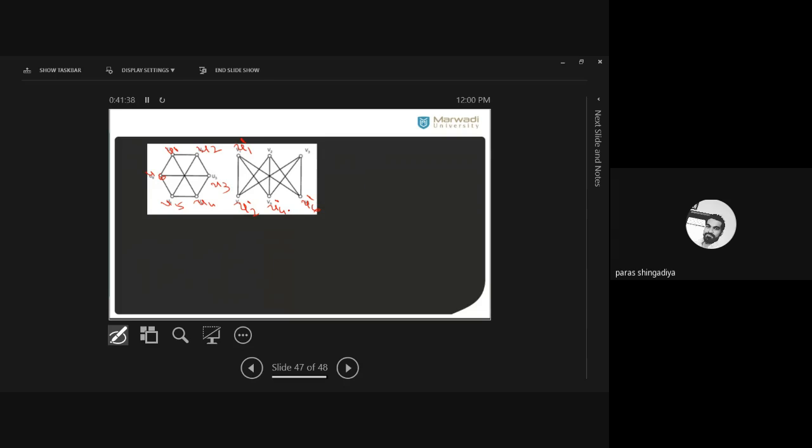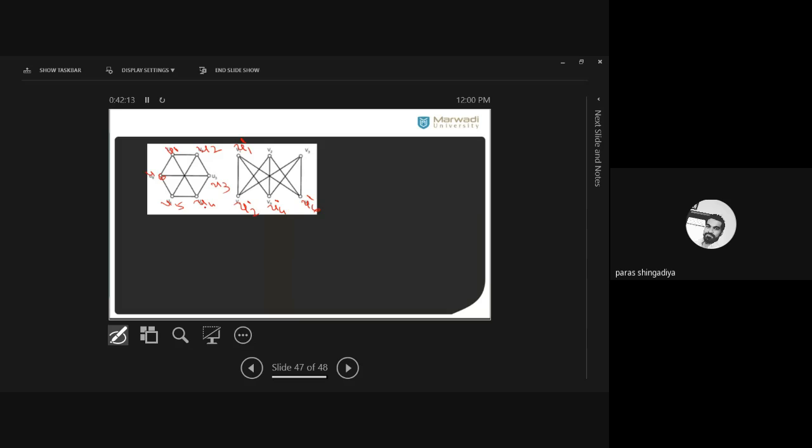We should have one edge from U1 to U3 and U1 to U5, and the same for all the vertices. And each and every vertex should have degree 5 in K6, but here the degree is only 3 for each vertex. That is the shape of K33, the actual shape of K33. 3 vertices on one side and 3 vertices on the other side. And we recreate K33 as this one, and then we check whether they are isomorphic or not. And at last we prove that they are isomorphic.